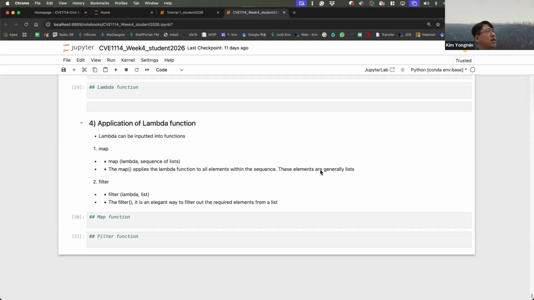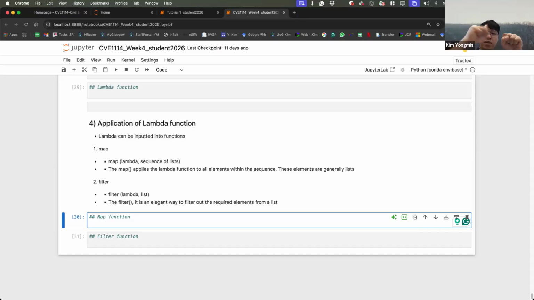These elements are generally lists. Can you understand the word mapping? Find the corresponding values.